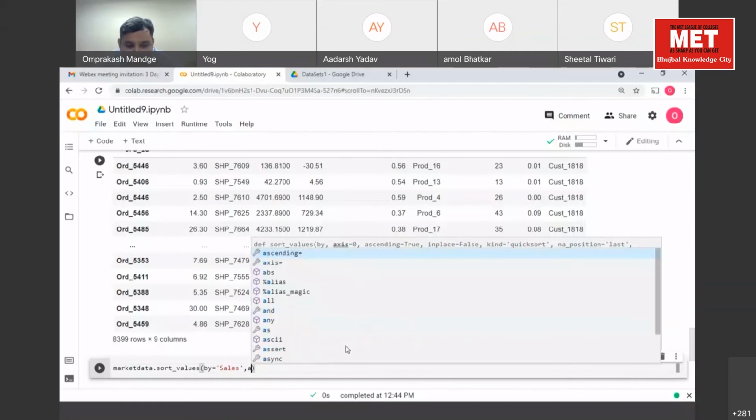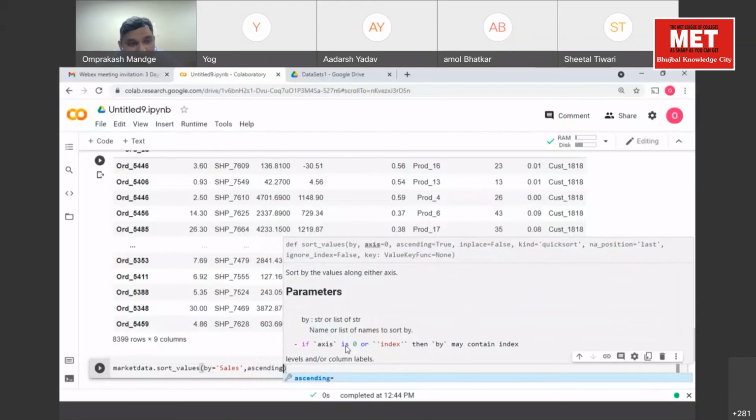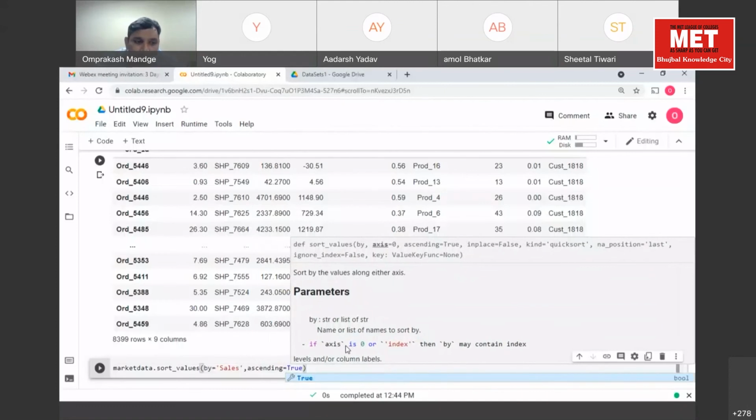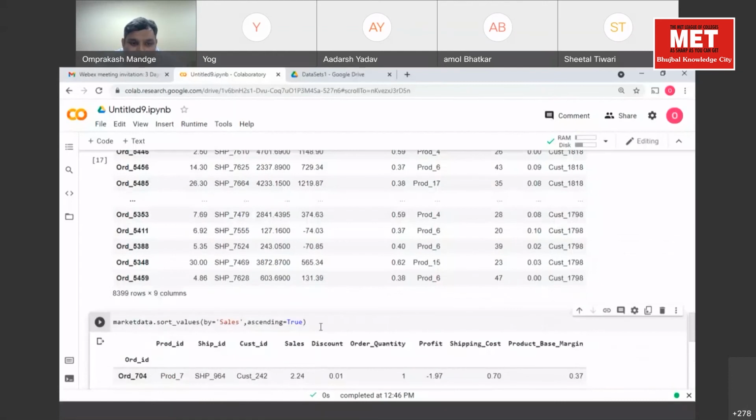Sir, can we add more than one column also? Yes, we can add multiple columns also. The first will decide the order, as per the order we mention here, separated by commas. I'll get back to it. Let's just finish this, and then we'll see how to combine multiple columns. Specifying a single column is understandable, I guess. To specify multiple columns, we have to use square brackets. Yes, that was your question.